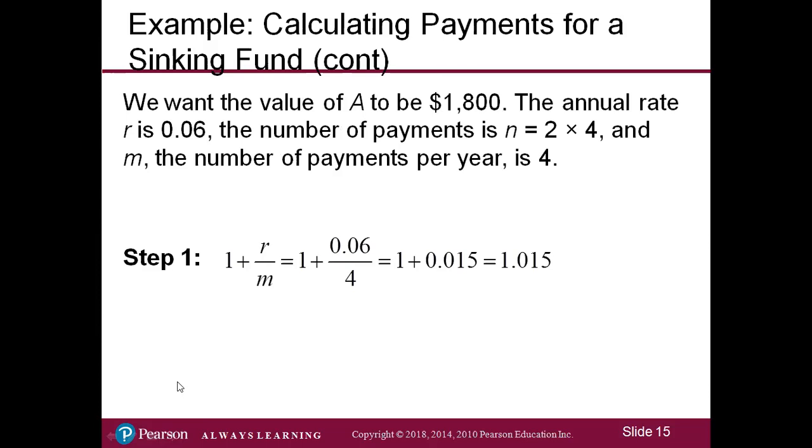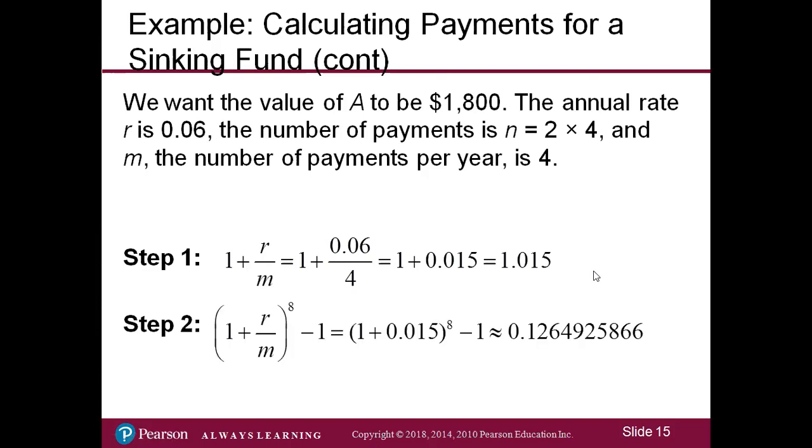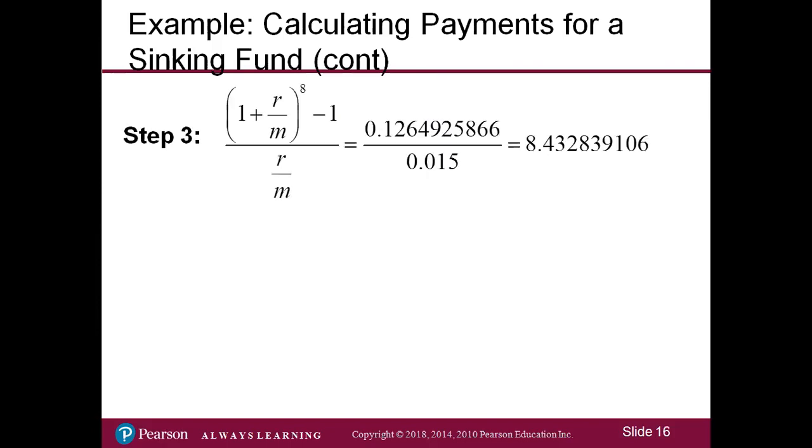Step 1, r divided by m plus 1 is 1.015. Step 2, 1.015 raised to the power 8 minus 1 is 0.126492586. Step 3, that quantity divided by r over m is